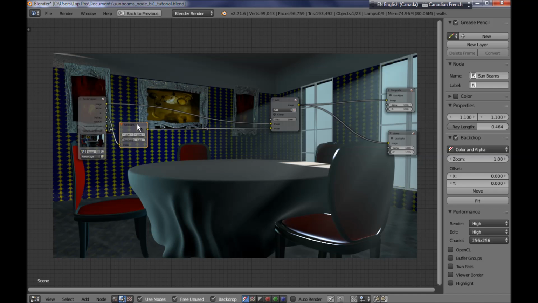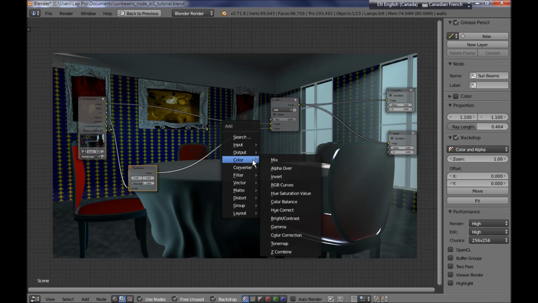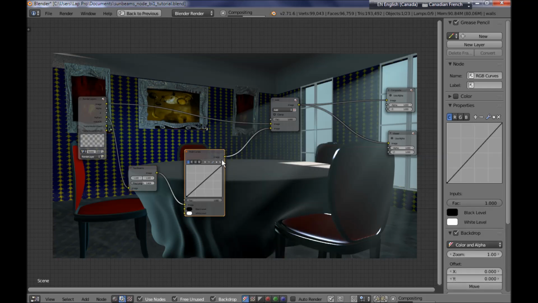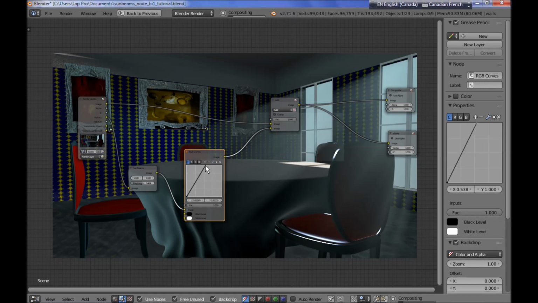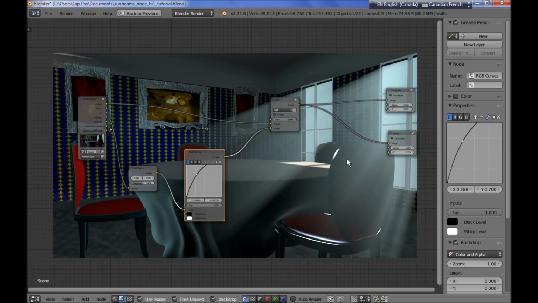Okay, but then I need to give them a boost to tone map them by adding a color RGB curves node. You might want or might not want this, but anyways, an easy way for you to get some more highlighted sunbeams is by clicking on this top right node or control point here and dragging it to the left. Alright, and you can play with the curvature here, and you get this nice result,